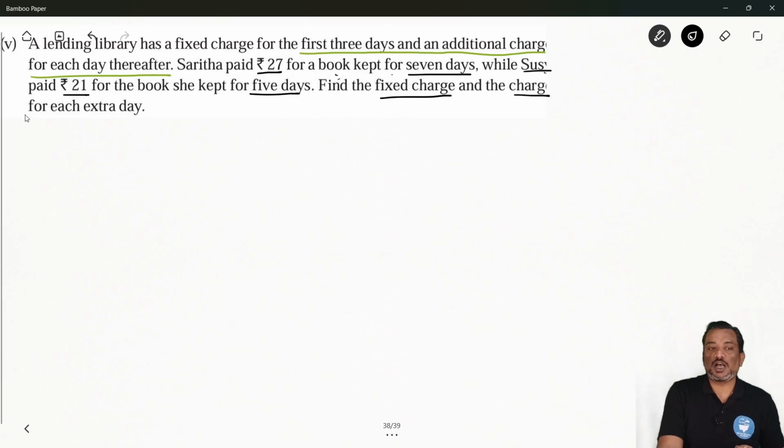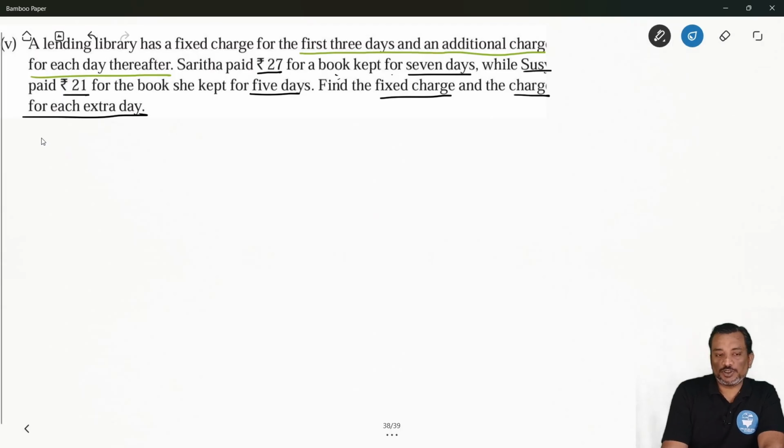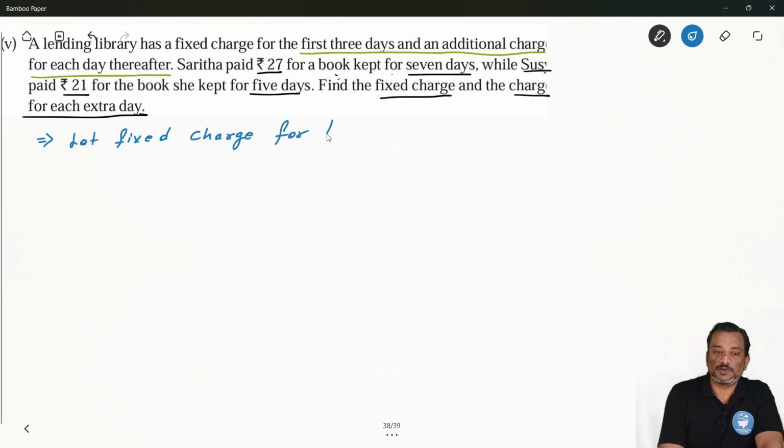Okay, so find the fixed charge and the charge for each day। okay, तो यहाँ पे क्वेश्चन पहले ही बोल दिया कि हमें फिक्स डे चार्ज निकालना है, दैट इज टेकिंग फॉर 3 डेज, एंड दूसरा हमें एडिशनल ईच डे की चार्ज क्या होती है वो निकालनी है। तो लेट वी सॉल्व दिस क्वेश्चन। सो वी विल से, यहाँ पे दो वेरिएबल हमें लेना है। सो वी विल से फर्स्ट हियर लेट fixed charge for 3 days, okay, so we will say let fixed charge for 3 days is equal to a। okay, now additional days charge, so each day extra, each day's extra charge